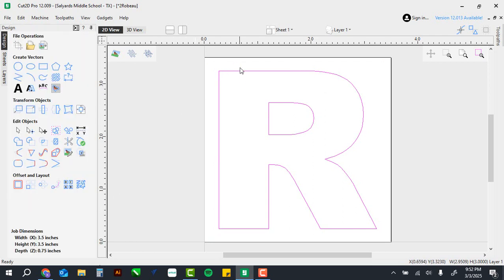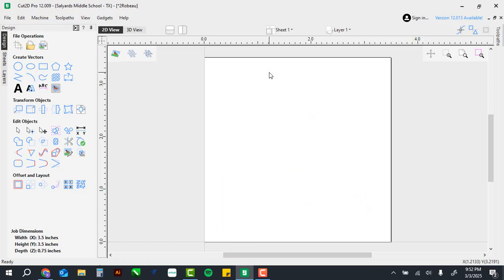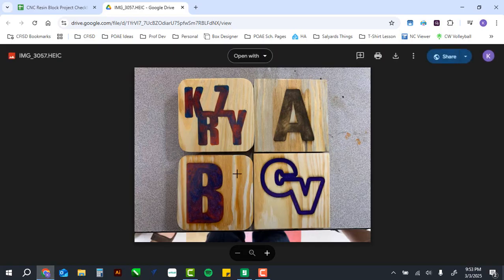Now, if you want to have multiple letters, let me show you how to do that. So if you don't like this, just hit delete on the keyboard, which you're using on a Windows machine now on this project, so you can just hit delete, not backspace, delete, and it goes away. If you want to do 2 letters, you can do it different ways, all right? You can do it like this, where those 2 letters kind of